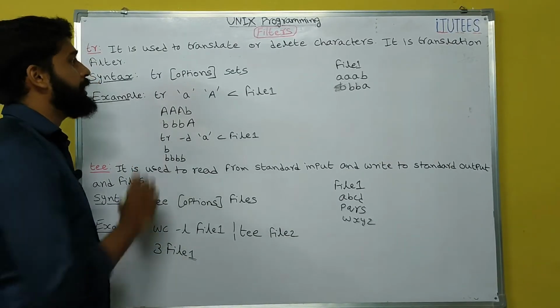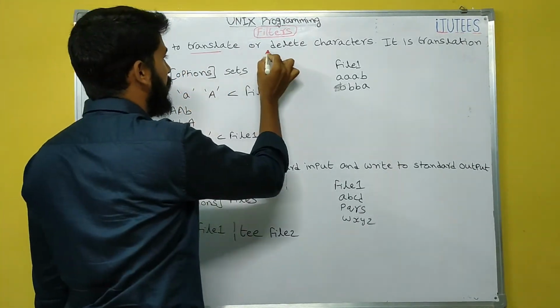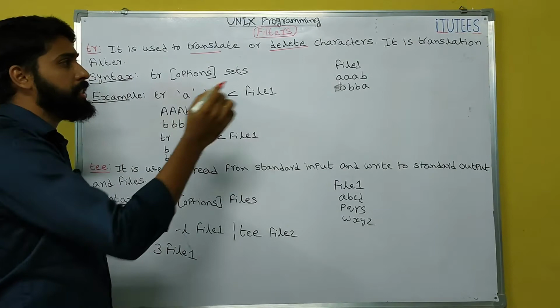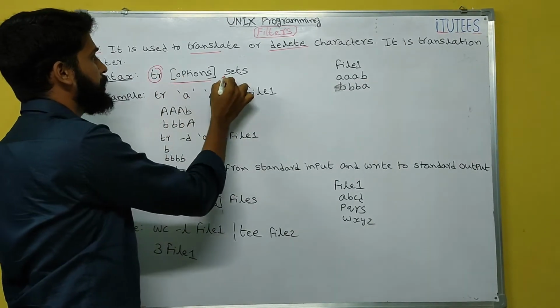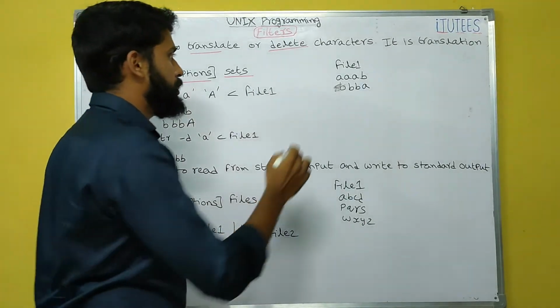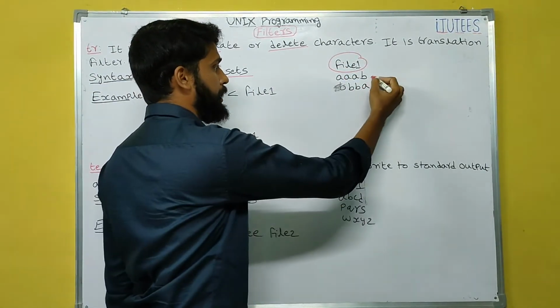Next command is the tr command. It is used to translate or delete characters. It is a translation filter. The syntax is tr, options, sets. Let us assume this is file 1. The name of the file is file 1, and the content is